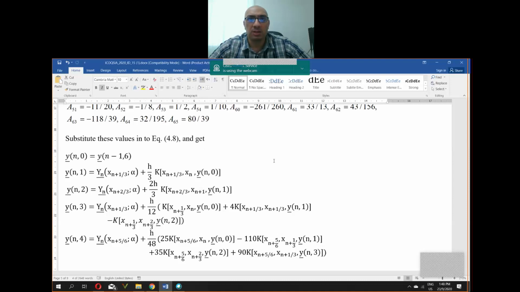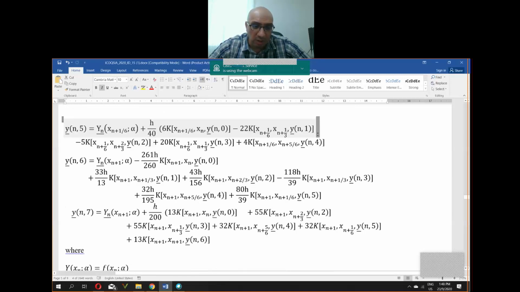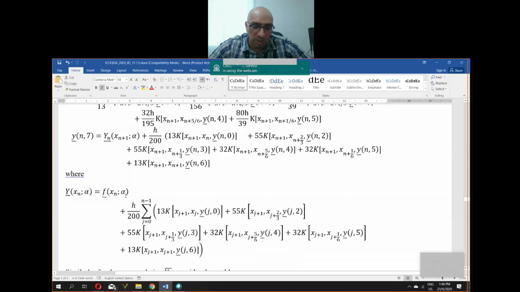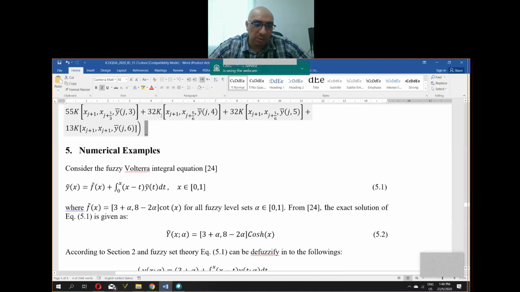Fuzziness is a generalization of a crisp set, and we have several solutions regarding the fuzzy integral equation to pick the best solution from. So fuzziness, on the other side, we can call the degree of optimality, and we can see the fuzzification process. After that, we involve a numerical example by giving simple fuzzy integral equations